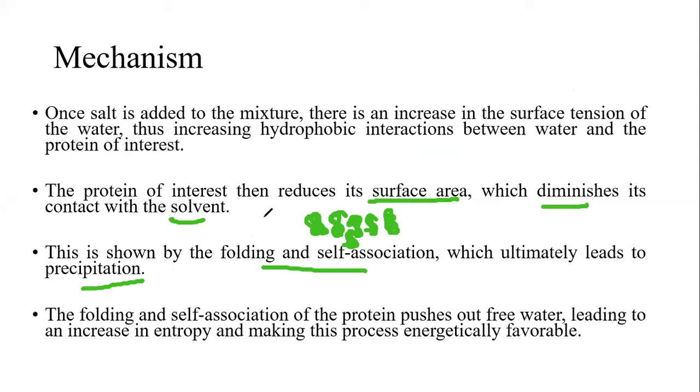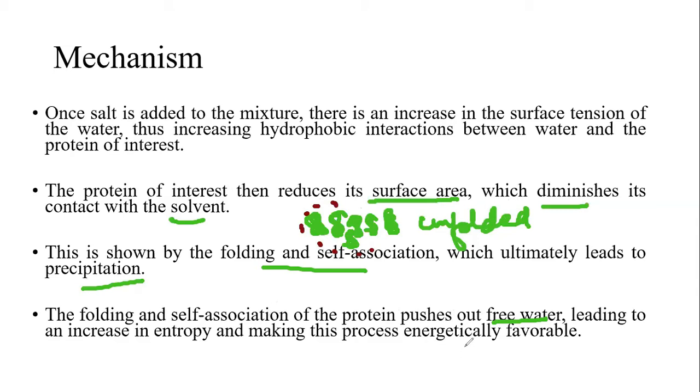So, even if your proteins are suppose unfolded during your crude extract preparation, if you add ammonium sulfate, what happens? It actually tends your protein to go into correct folding conformation. So it helps in protein folding also. The folding and self-association of the protein pushes out free water. So whatever the water molecules are present surrounding them, it will be pushed, leading to increase in entropy and making